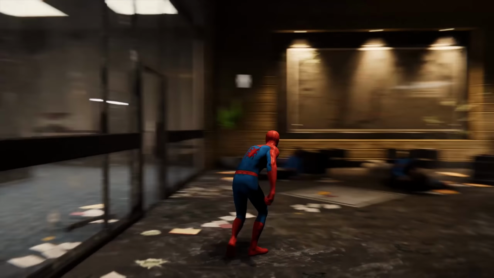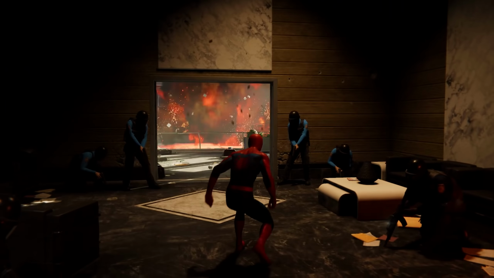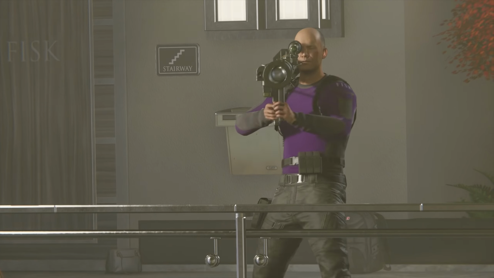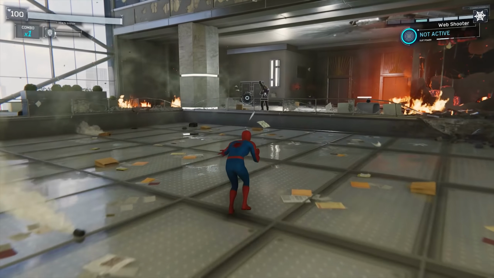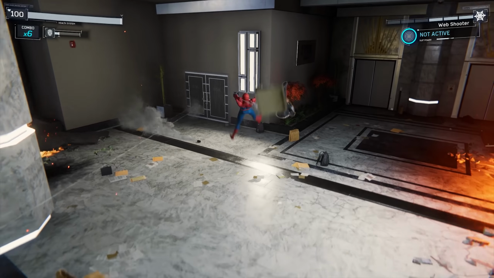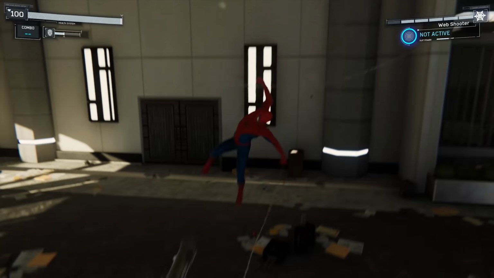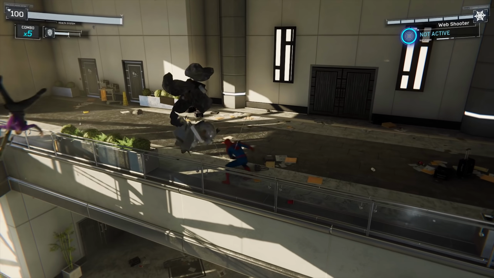Well, it looks like some pretty serious stuff went on over here. And yeah, we are in the first mission of the game and we already have guys with rocket launchers trying to take shots at us. So yeah, things escalate pretty quickly. Don't you think? Now rockets are actually fairly easy to avoid, and